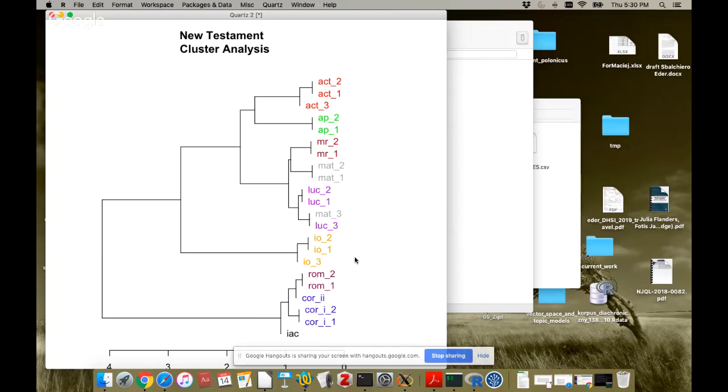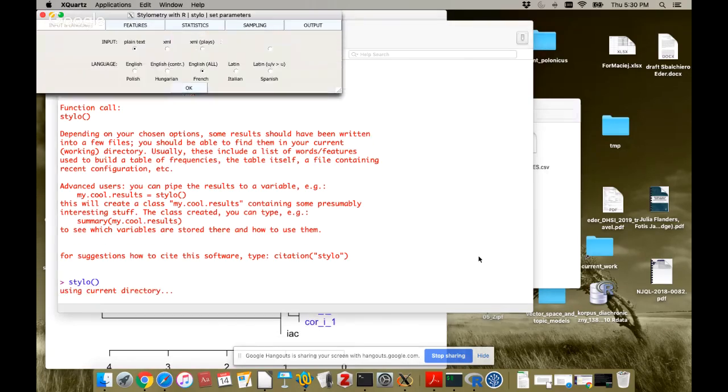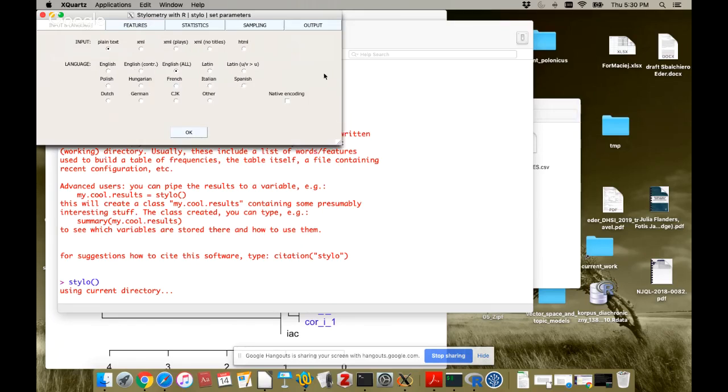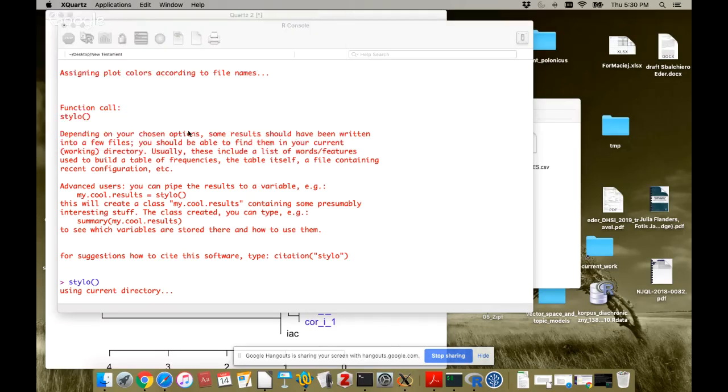which is that the 100 most frequent words have been used in this case. Now, what if you want to use 200 words instead? You go for the function stylo again. And again, this graphical user interface will show up, and you can switch the features. Features, this is the second tab, on which you can say you're interested in 200 words rather than 100 words, to see if the results will be similar or not. I'm clicking OK,